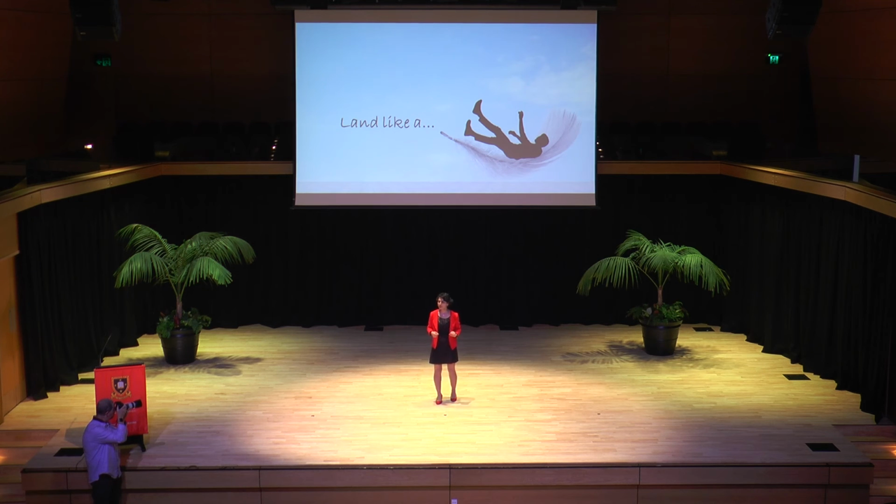Then we tested the efficacy of our analogy. We put multiple sensors on different body segments of over 100 participants, and we caused them to fall unexpectedly in different directions. Then we looked into biomechanical parameters that characterize a safe fall, and what we found was the group that received the motor analogy fell with significantly less impact force and risk of fractures. In other words, they actually fell safer.